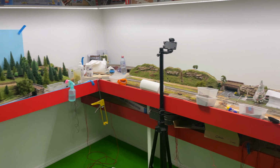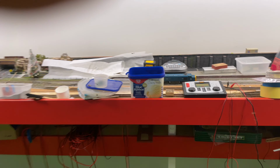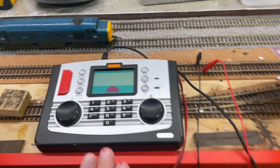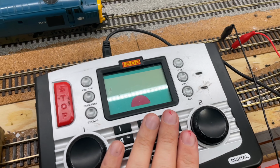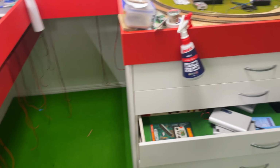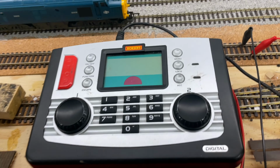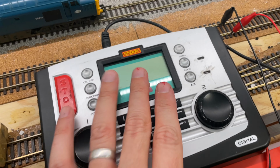There's our trusty tripod over there. But let us come in now and see what we're doing. I've just taken my Hornby Elite DCC controller. Again, as seen in the previous video, we've got a permanent home for it in the drawer over there, which is where all the master bus feeds will come in. But for the moment, I've taken the controller, just put it down here,